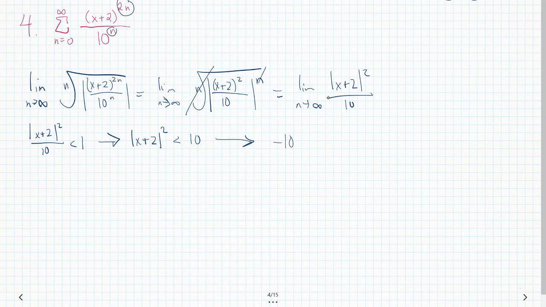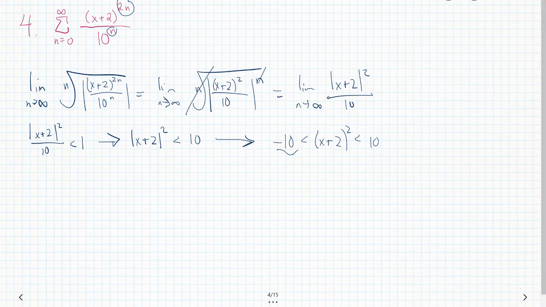You could do this whole -10 less than x plus 2 less than 10, or x plus 2 the quantity squared. And you can remember that this is always going to be positive since we're squaring it. Well, at the end of the day, is -10 going to be in play at all? Well, not really. It's not going to be an impact factor here. So what we're actually looking at is, yeah, we can say this goes all the way to -10, but at the end of the day, this bound down below,